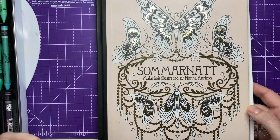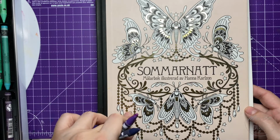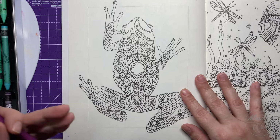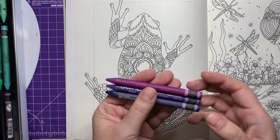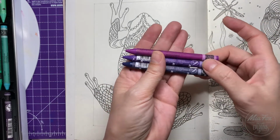Oh, hi guys! Today I'm back with this coloring book, Sommarnatt by Hanna Karlzon, and I picked up this picture, and I will start with the background this time, and I will be using Caran d'Ache Neocolor II, and I chose these three